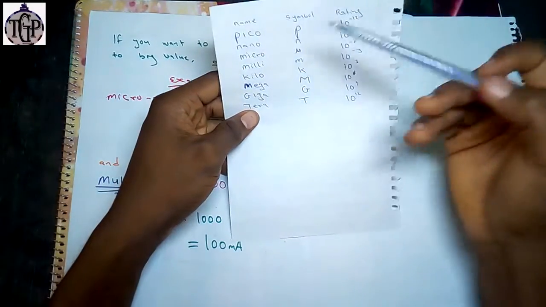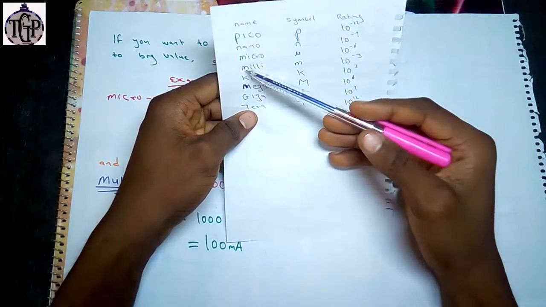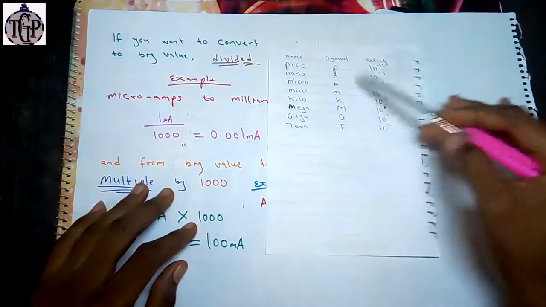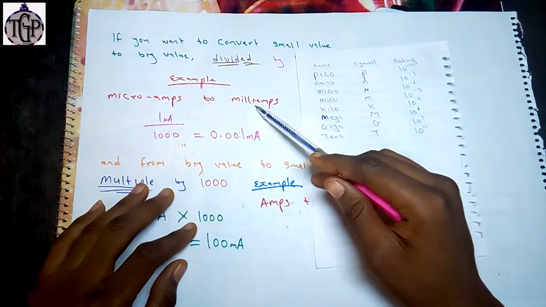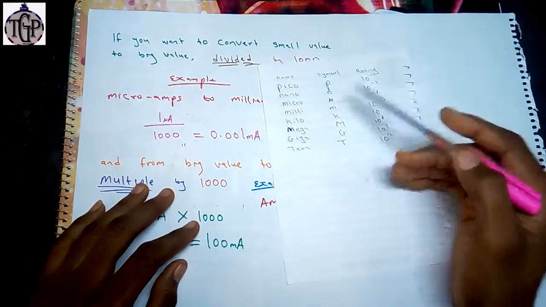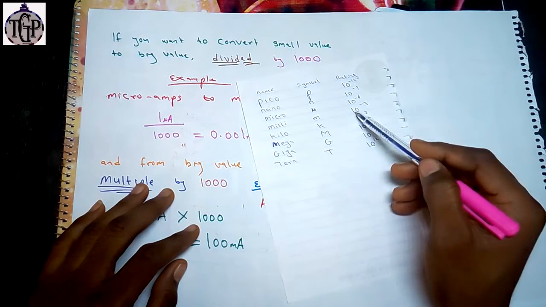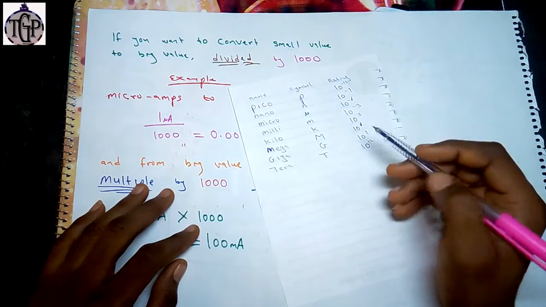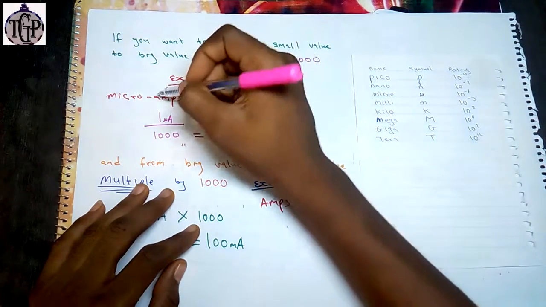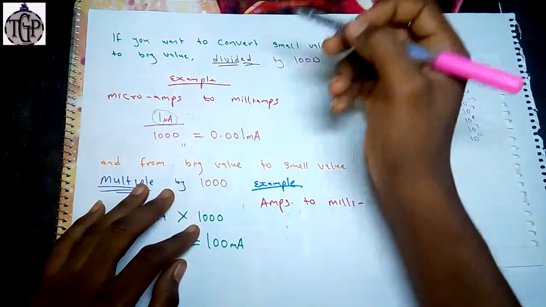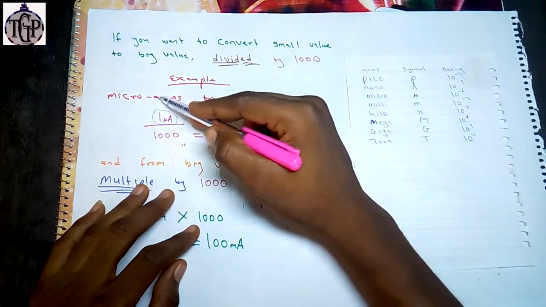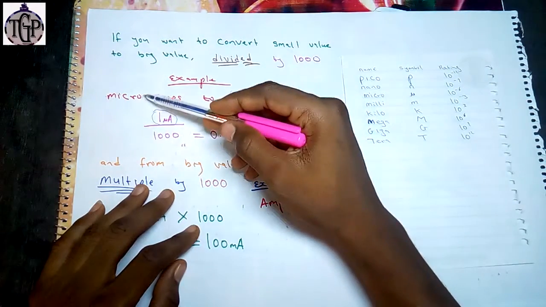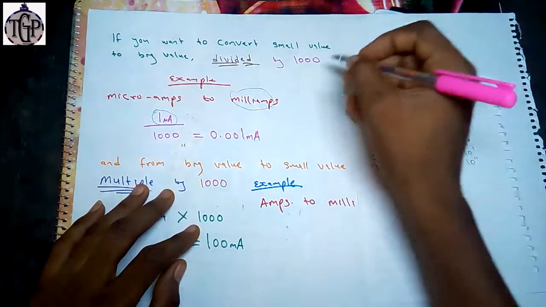using this table, let's see. As you can see, the microamps is a smaller unit and milli is a bigger unit compared to microamps. You see, milli is 10 to minus 3, while micro is 10 to minus 6. So this here is a smaller value, and to convert from this smaller value to this one, which is a bigger value. Okay, so to convert from micro, assuming you measured current